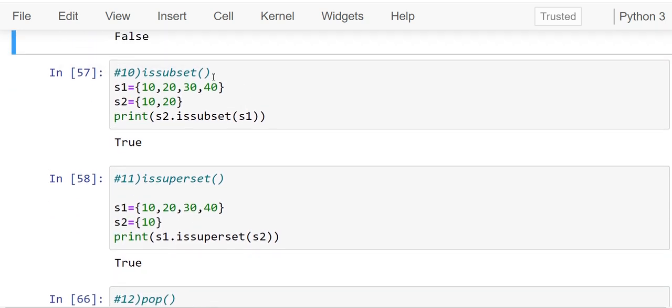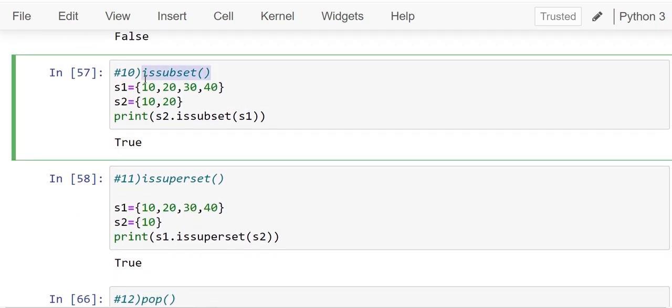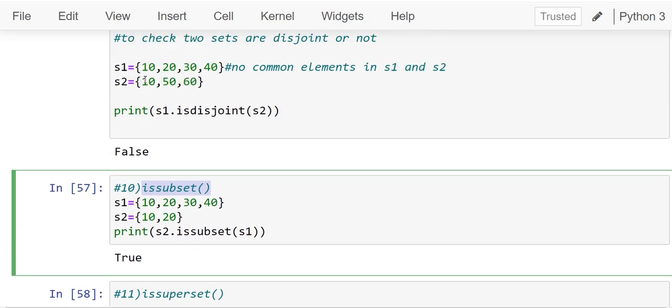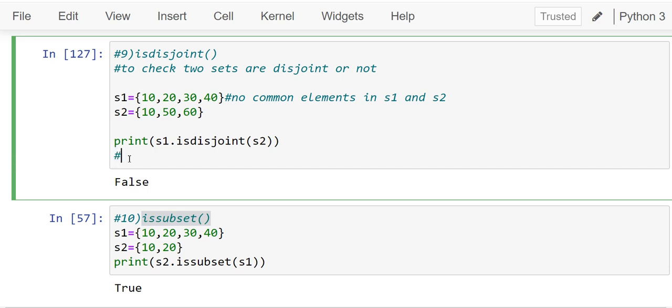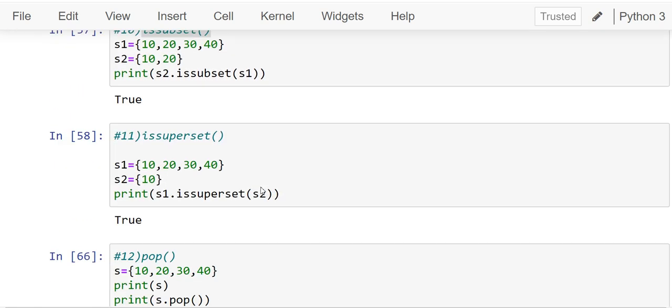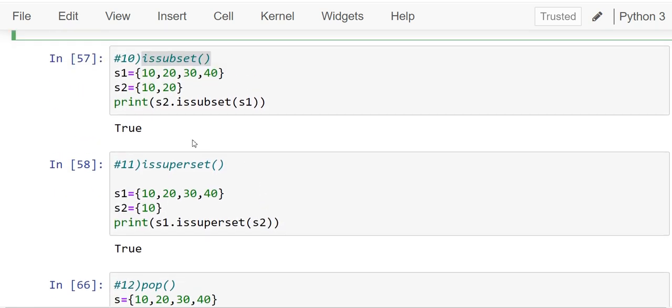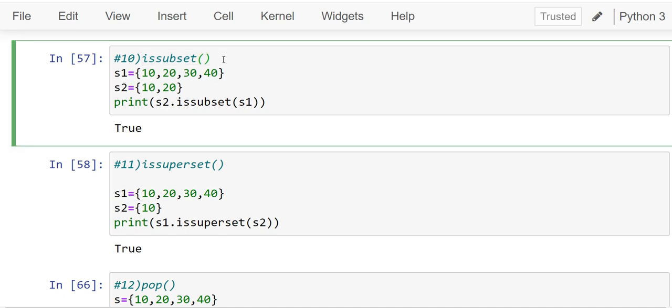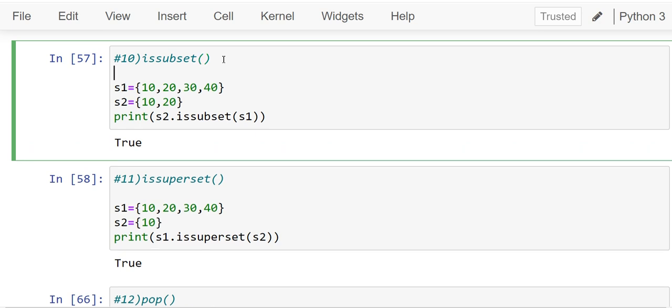Coming to the issubset method: isdisjoint, issubset, and issuperset all return boolean values. If this condition is true, that means S1 is disjoint of S2, it will return True, otherwise False. In the same manner, the issubset method also works. Here we are checking whether a particular set is a subset of a given set or not.